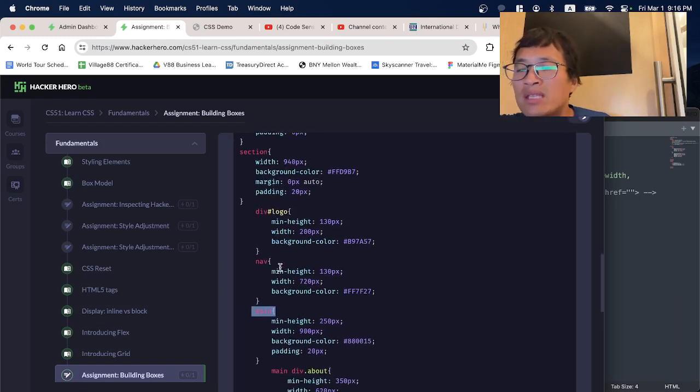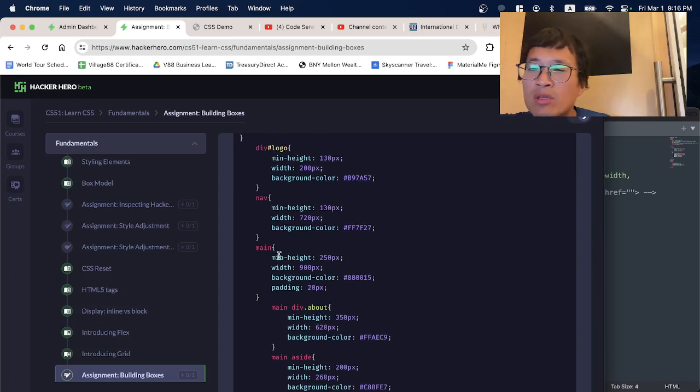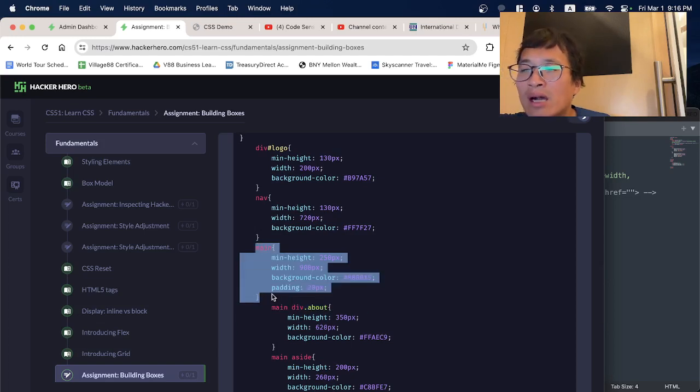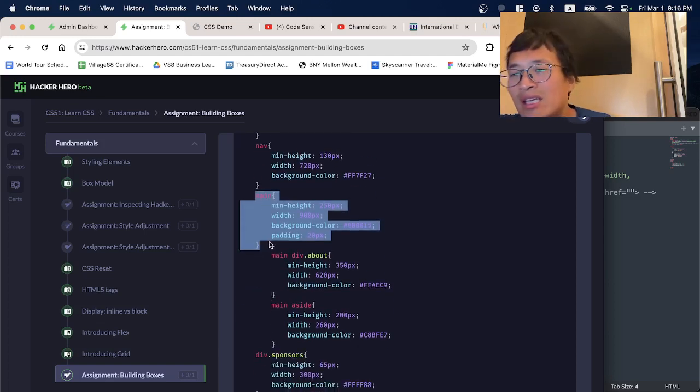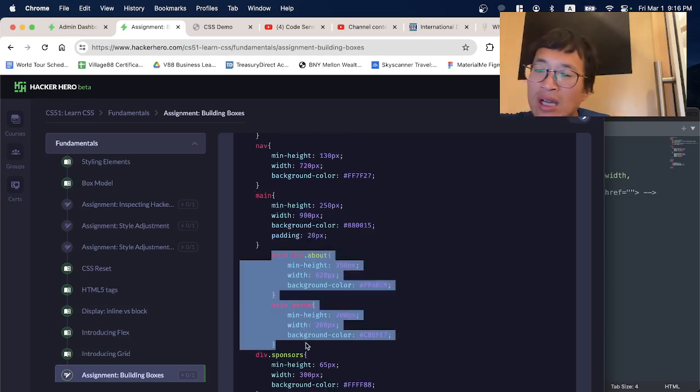And also, it makes it easier for you to find things. For example, if I want to find CSS for main, I can find it. And anything that is inside the main, I can just kind of see it directly there because it's clustered together